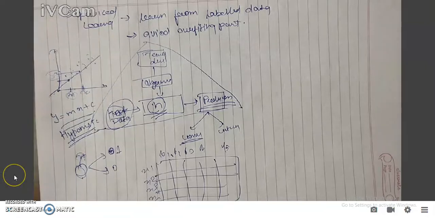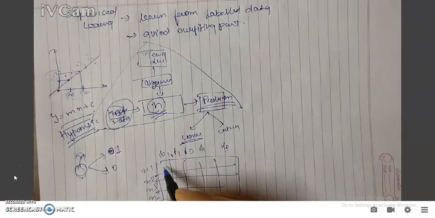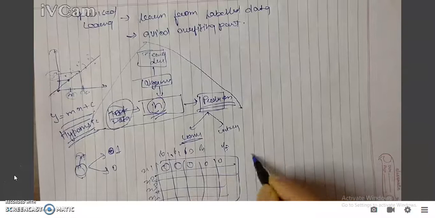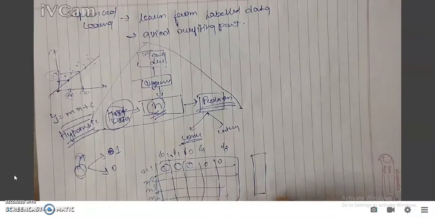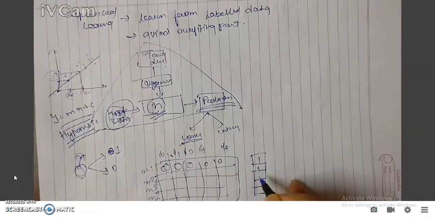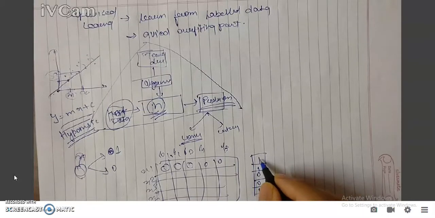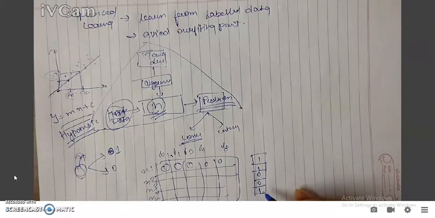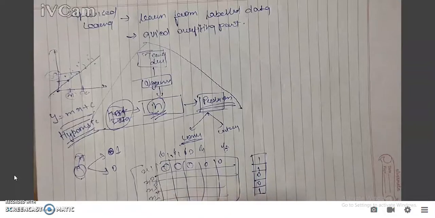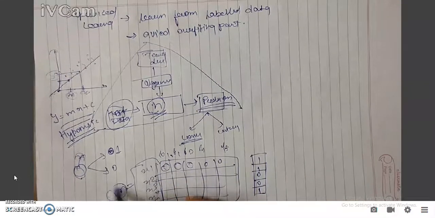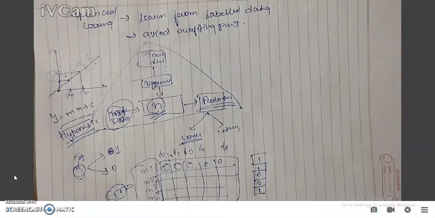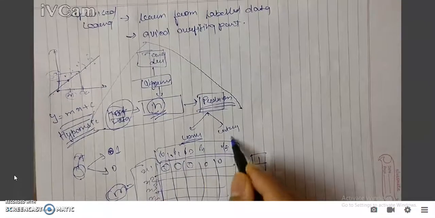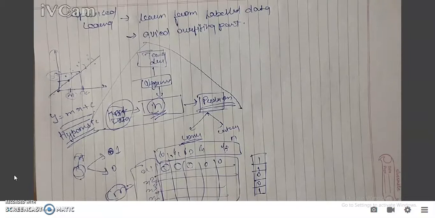If I say that these values are filled and corresponding to these x values we have y values, it can be 1 1 0 0 1. It means the top two fruits are mango, the next two are not mango, and the last one is mango, right? If I see the dimension of this matrix, I have m data points, meaning I have m fruits to classify, and I have n features, on the basis of which I would be classifying whether that fruit is mango or not.